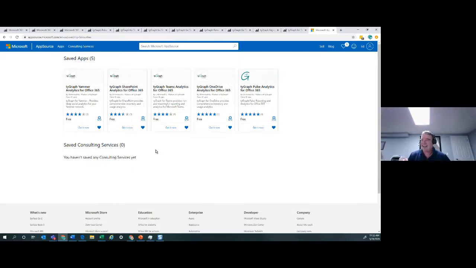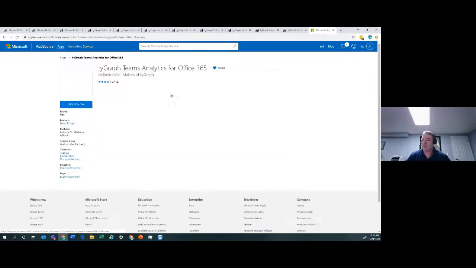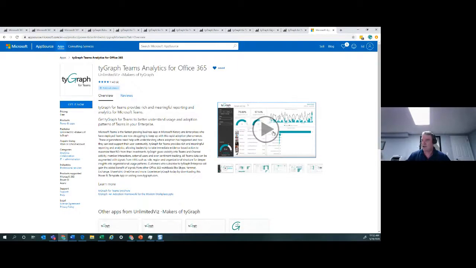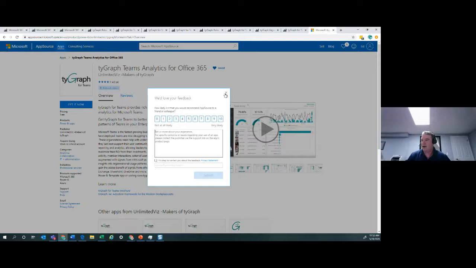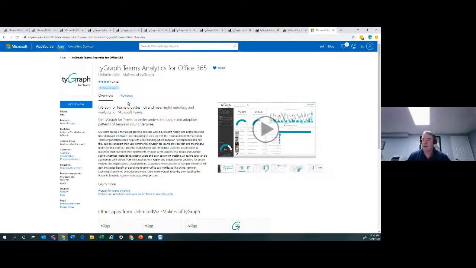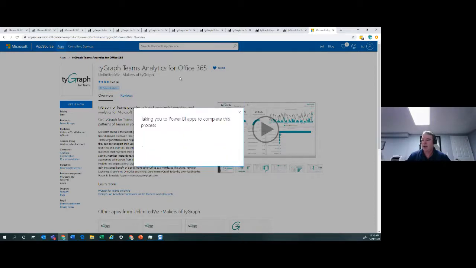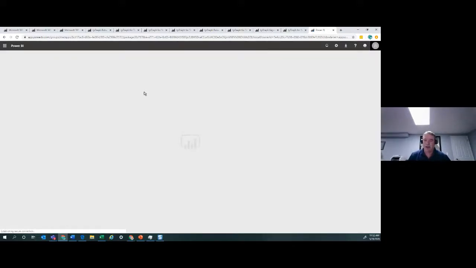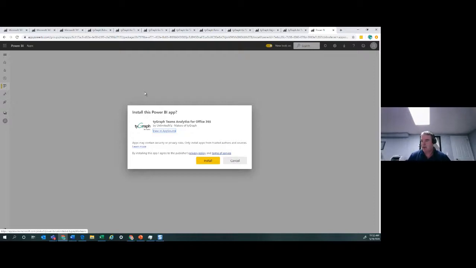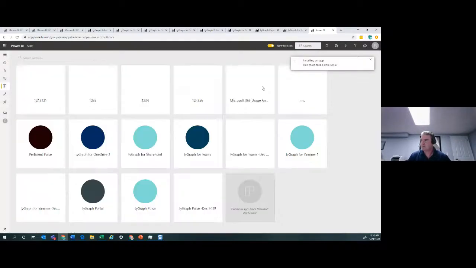The way it works is there's a little video on each one of them. Give it some love and feedback, and then hit get it now. Then there's the Microsoft consent. Once that's pulled down into your Power BI workspace, it will launch for you as a template app, and I just hit install and away it goes.